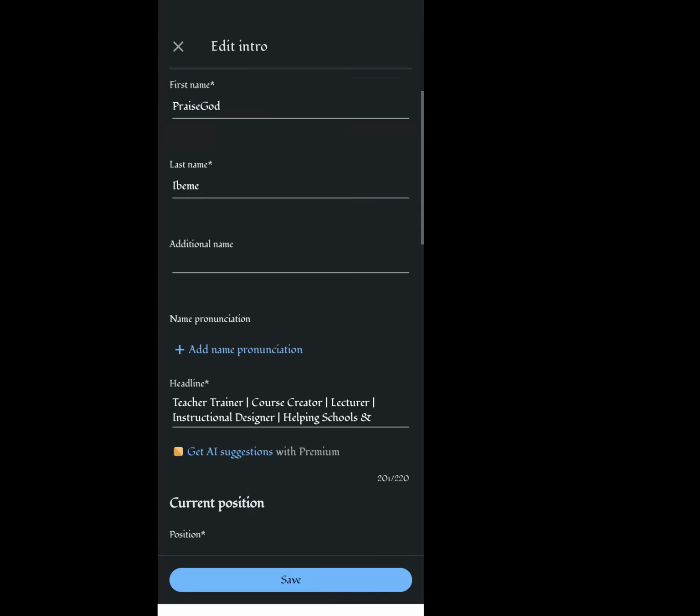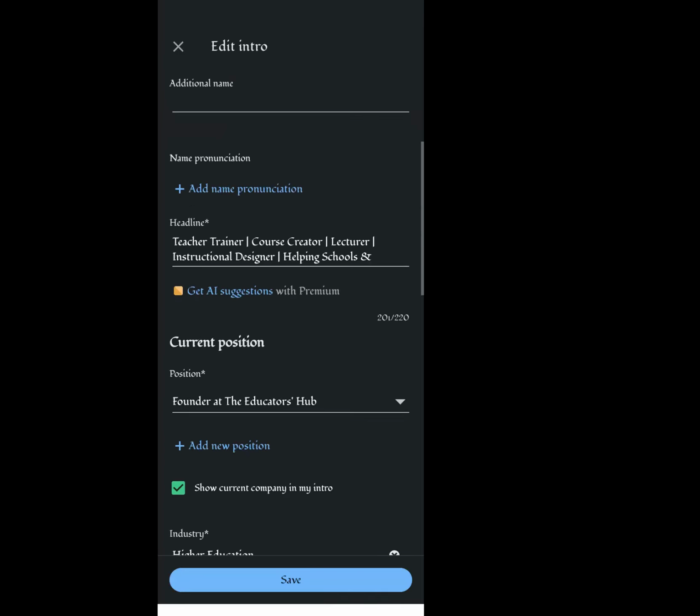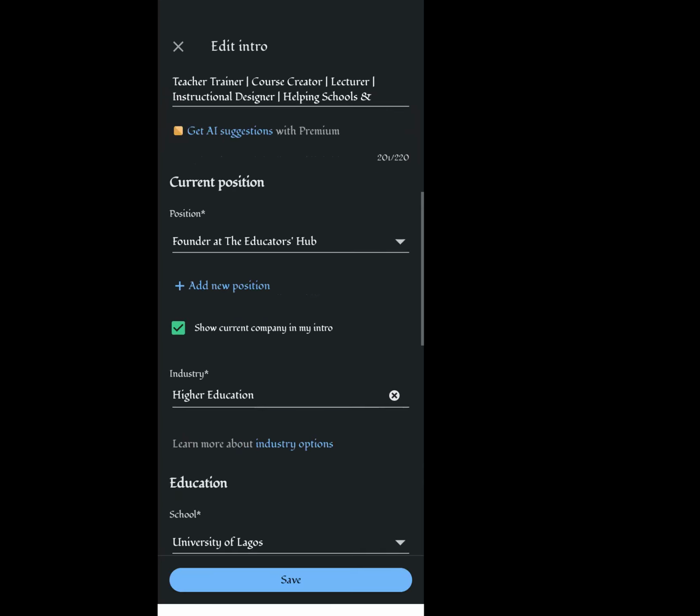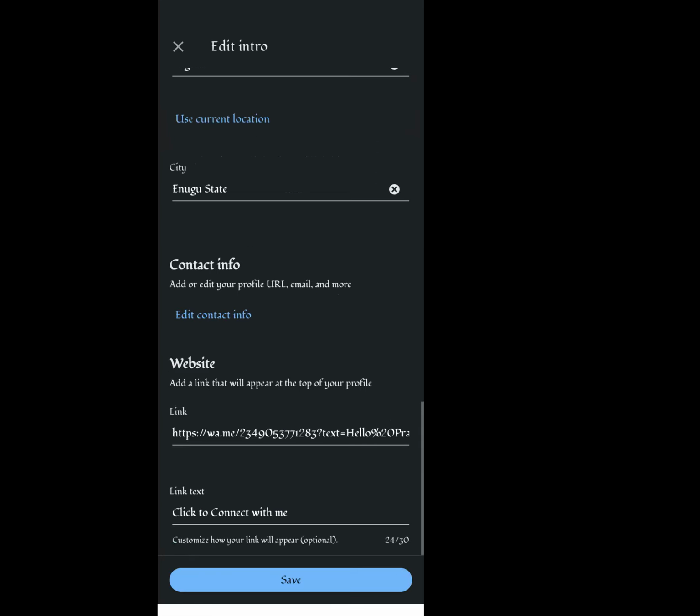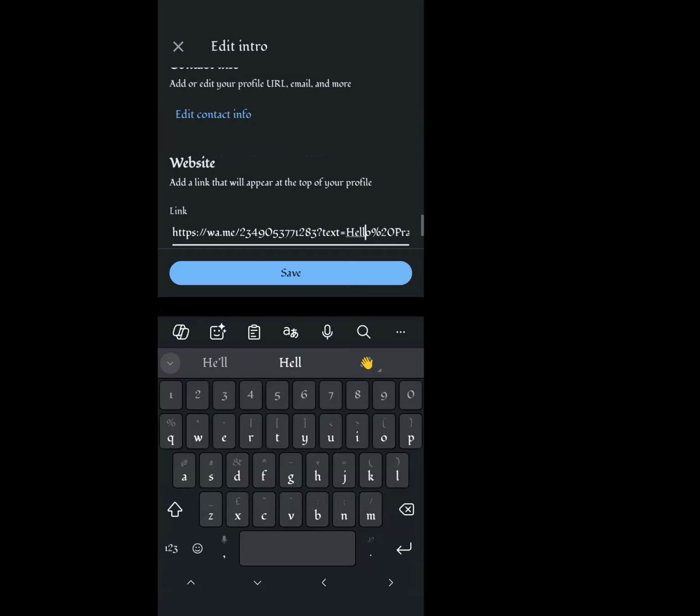When you scroll down, you're going to see contact info. What we are concerned about is this website. Say add a link that will appear at the top of your profile. Anybody that taps on that connect with me